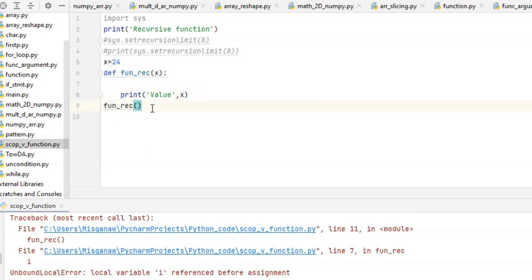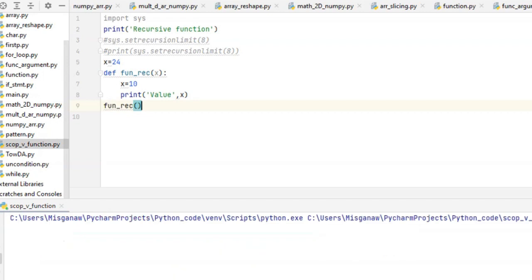So think about what value will display. For example, this is 23 or 10. Or I can make x equal to 10 here. Let me run it.